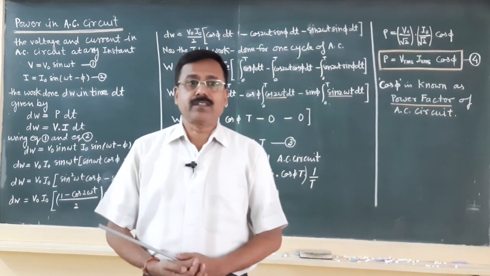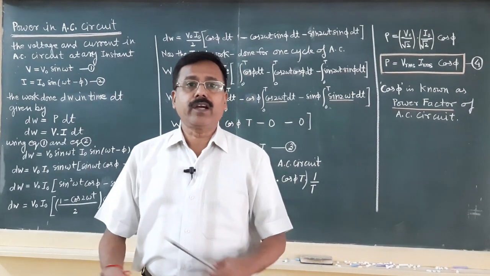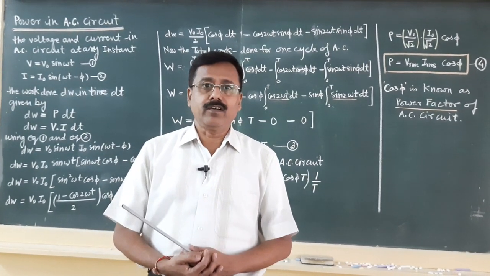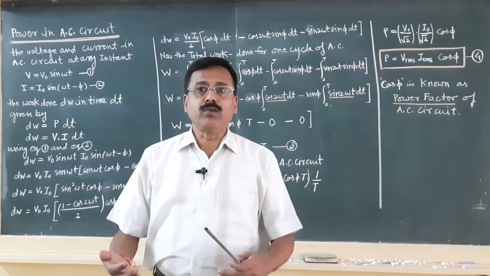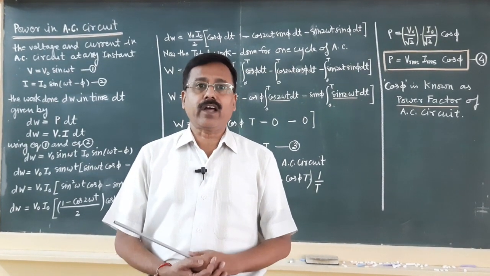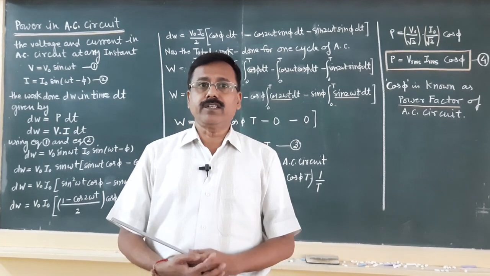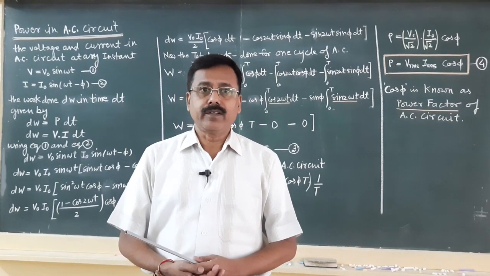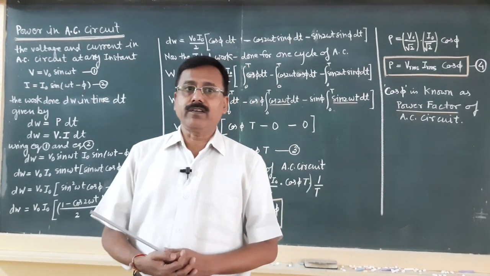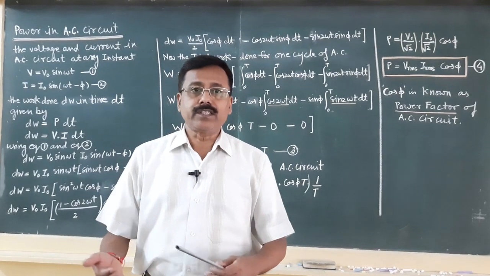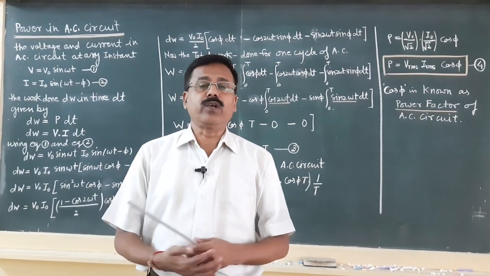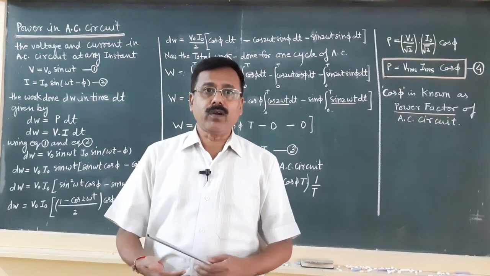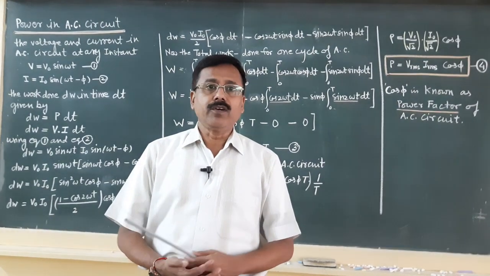Today we'll discuss the concept of electrical power of AC circuits. In the case of the DC circuit, we already know there is no phase difference between voltage and current. So, the power of a DC circuit is given by the simple formula P = V × I. But in an AC circuit with various components, there is some phase difference between voltage and current. So, we will find an expression for the power of an AC circuit in terms of the phase difference.